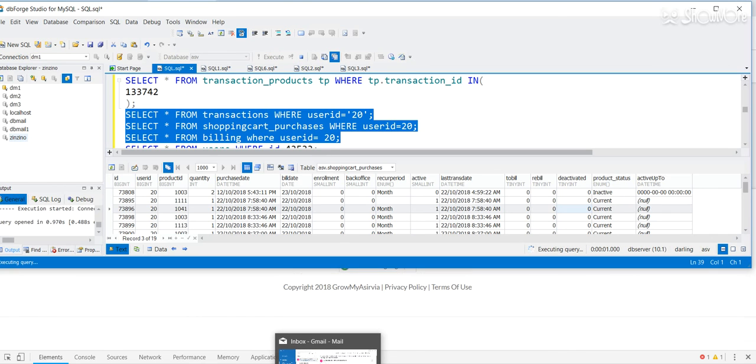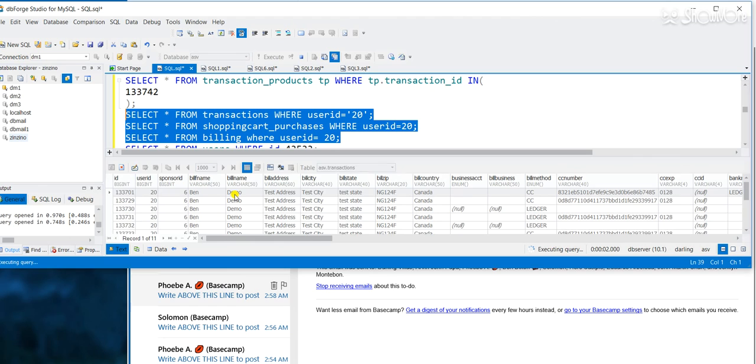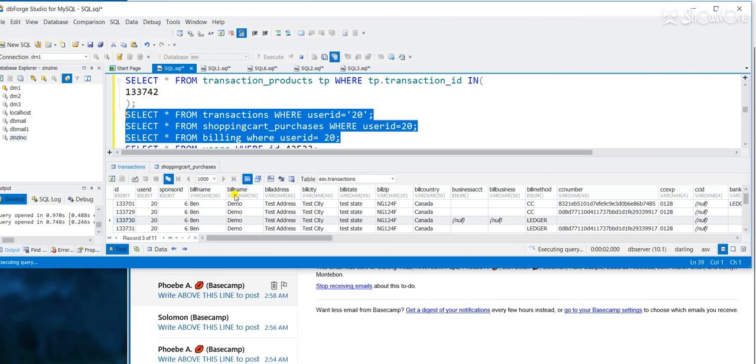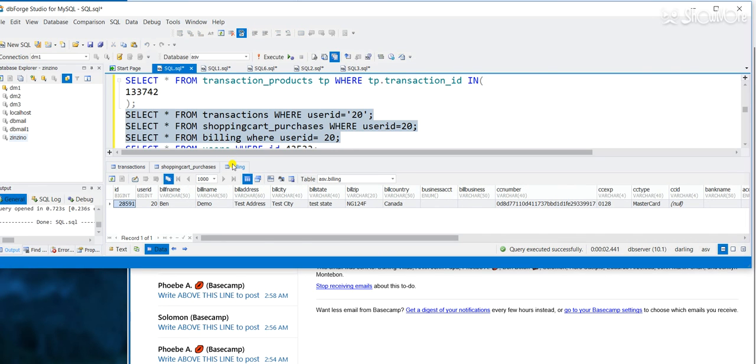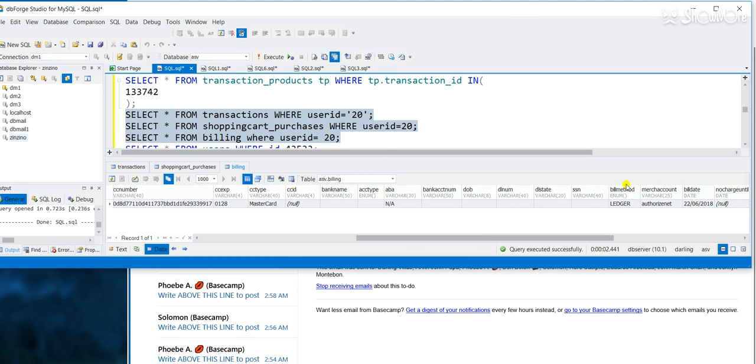Same thing, my shopping cart should be activated, and it also needs to be added to transaction products. This is my billing, and as you see here, it has already been updated to